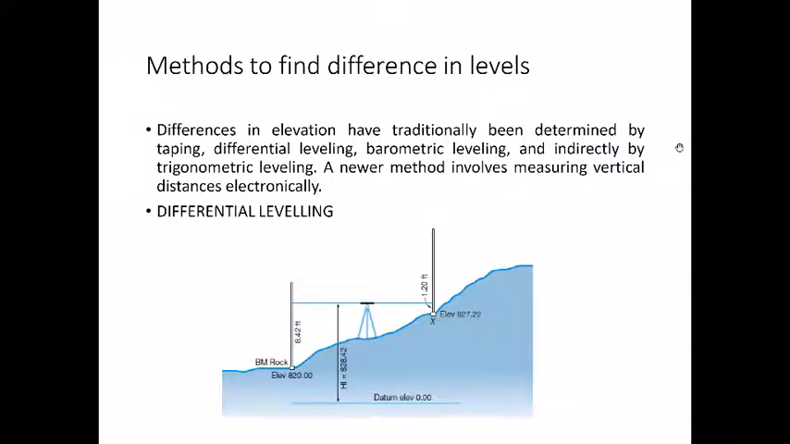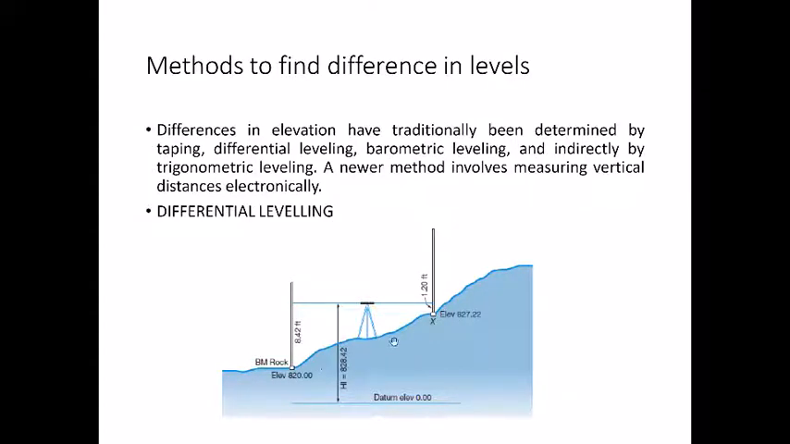Now we'll talk about some methods to find difference in levels. We've already discussed a few in the introduction, but let's see them again. So the first method is differential leveling. This name is used for when we use auto level to find out level differences, and differential level is one of the subcategory. So in differential leveling, what we do is that between the 2 points whose elevation difference